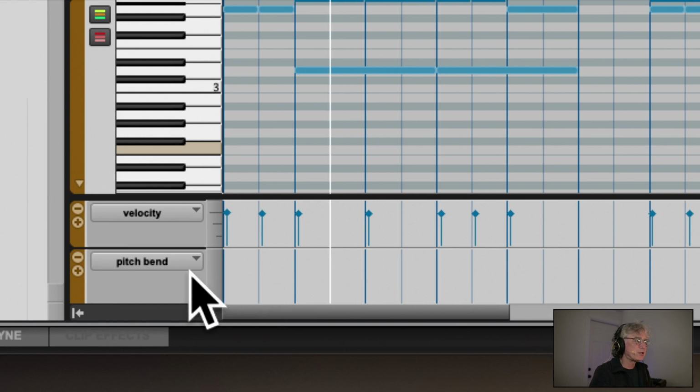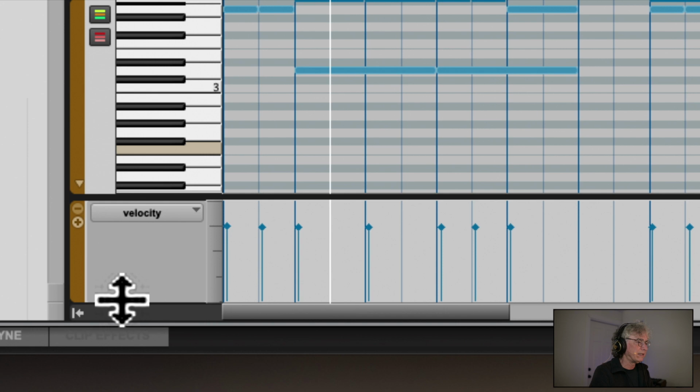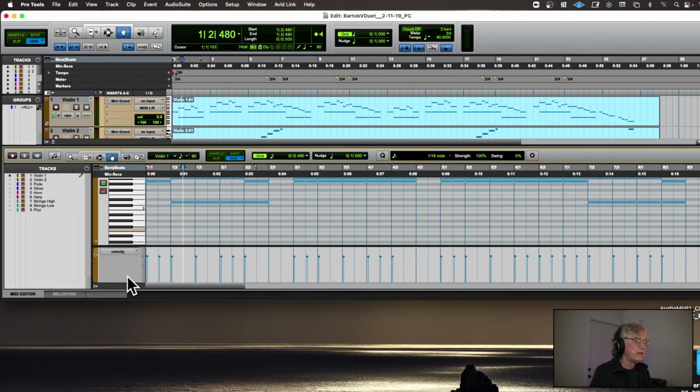You'll notice sometimes there is more than one lane. I've got one that says velocity and one that says pitch bend. We only want to work with velocity, so I'm going to click on that little minus, and that will get rid of that. Then I can make this bigger by clicking there and dragging down. And what velocity is